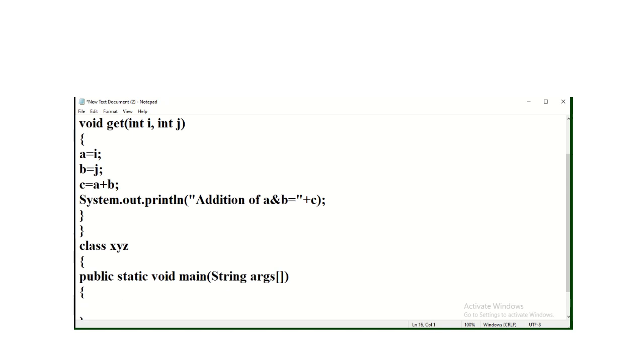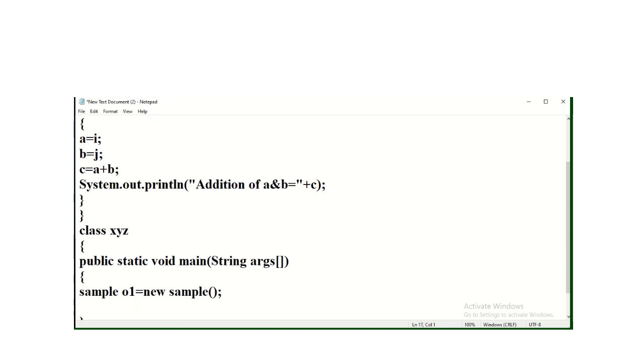Now here create an object of the Sample class: Sample o1 equals new Sample. Now access Sample class members by using the o1 object. So o1.get by passing two integer parameters, suppose 20 and 40.